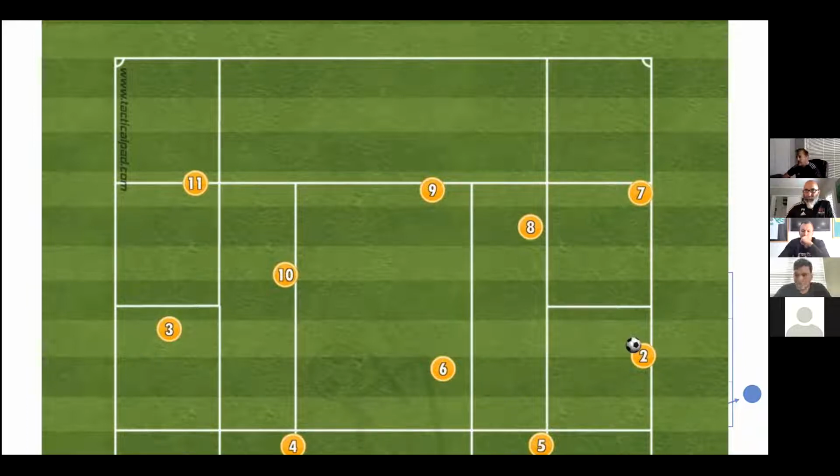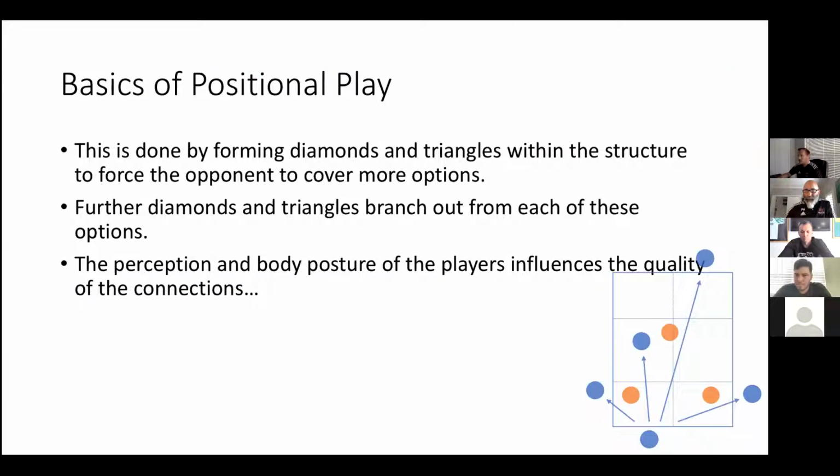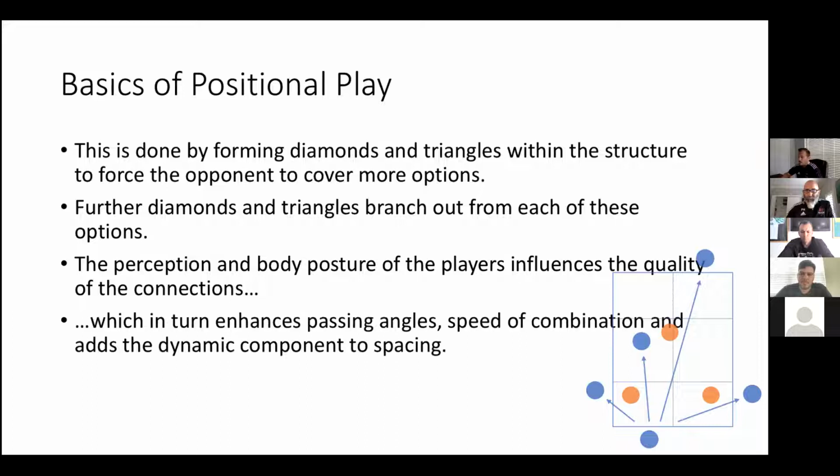But this is a more team concept where everyone keeps their positions, and if the opponent overreacts to one area, we have players positioned where we need them to exploit them in another area. So the basic idea is to create triangles with the team, create triangles and diamonds, for example, instead of having them all in a straight line or positioned too close together, because when you're in a straight line, you automatically kill certain passing options.